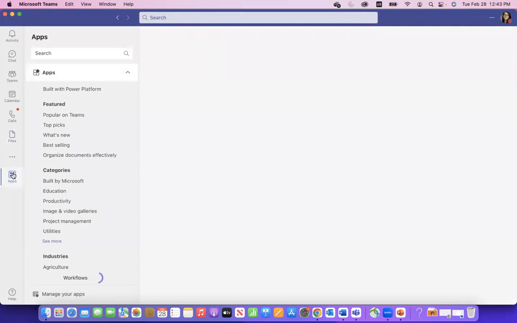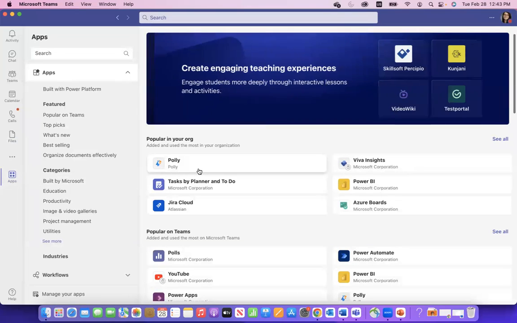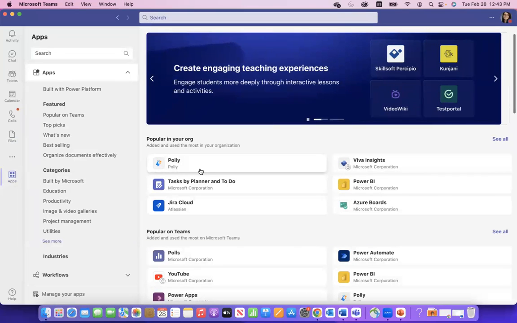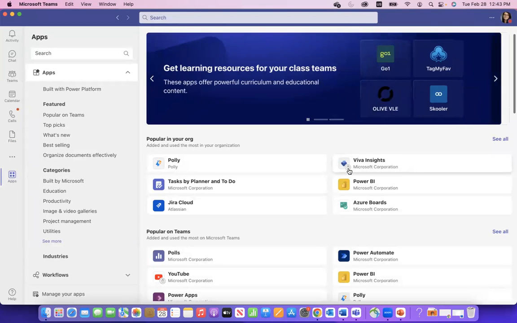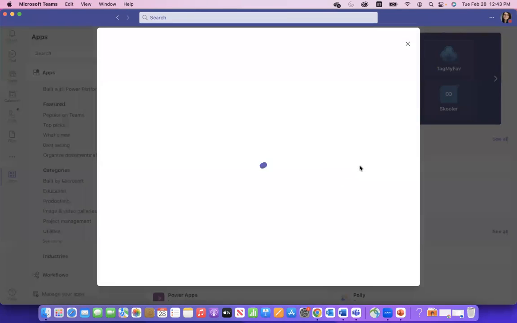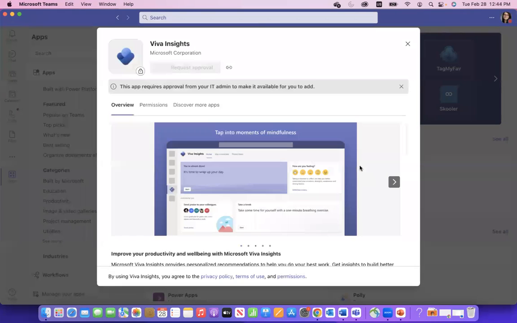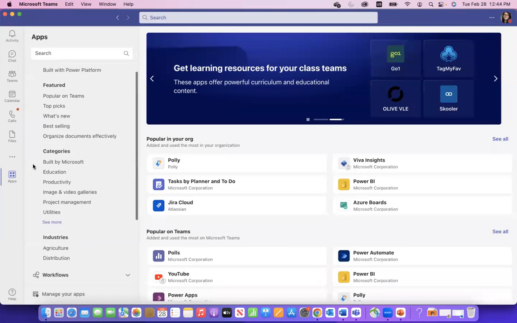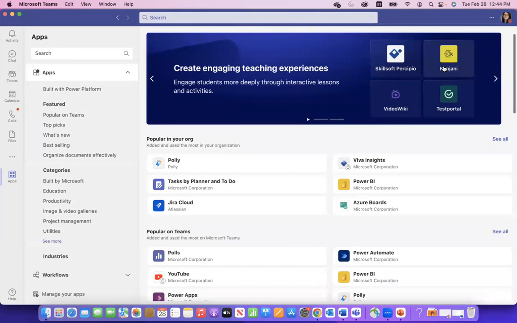And there's also finally apps, which I mentioned earlier. Again, there are some apps that you may not be able to download right away. So for example, this one, Viva Insights, has a little lock on it. So if I try to install this one, you'll see a little note there that says request approval. So I can click that and that notification would go probably to someone in Raphael's team or someone on our tech side to review it and make sure, again, that it meets maybe your security standards or things like that before you're given access to it. So that is a lot in a nutshell.